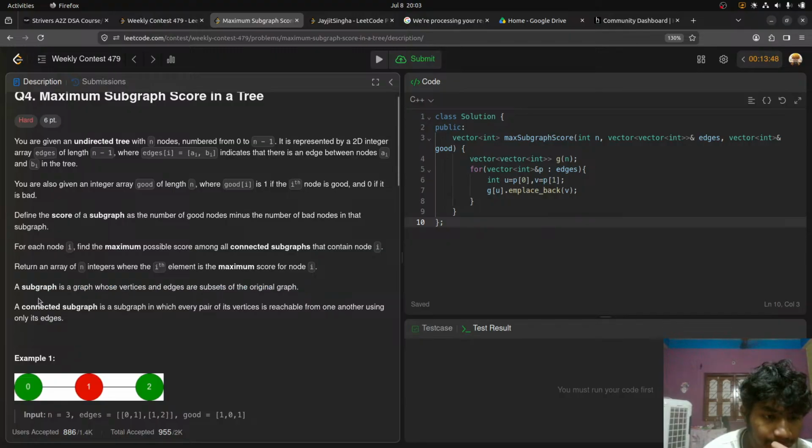Alright. A connected subgraph is a subgraph in which every pair of vertices is reachable from one another